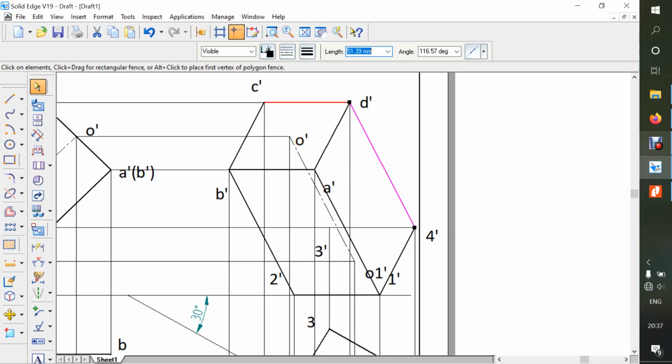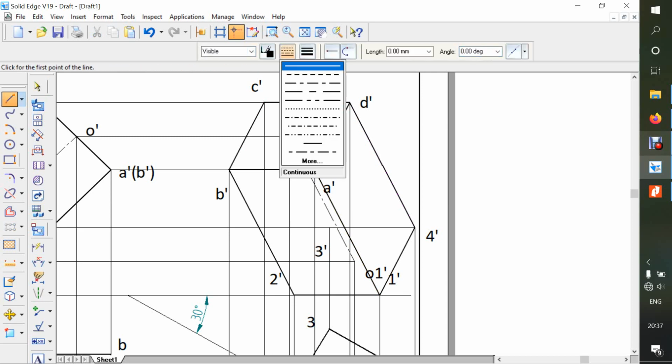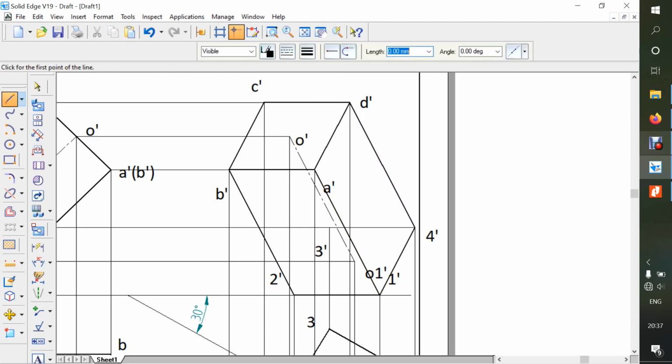One more line is missing, which is the one coming from C to 3. That line anyhow is not visible. Take a dotted line and 0.5 and go to the C. And from 3 it's to the 2 and to the 4.